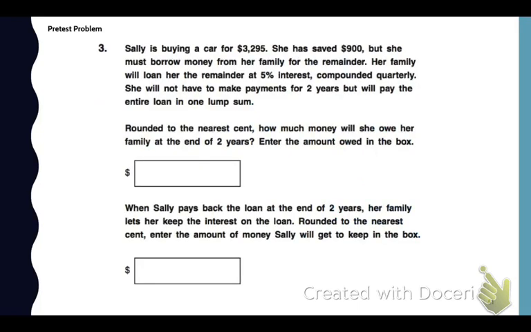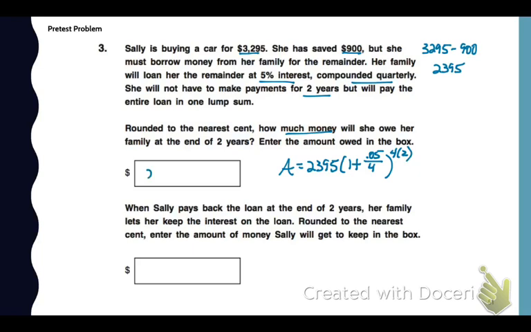My last question is different. Sally's buying a car and she has saved $900. She has to borrow the rest from her family. So let's see how much she has to finance. So I'm going to subtract the $900 from the cost of the car. That's how much she'll need to finance at 5% interest for 2 years. So how much money will she owe at the end? Well, I'm going to use my compounded interest formula periodically with n equaling 4. So she will owe